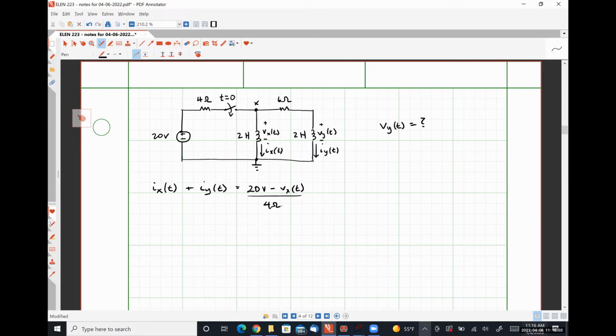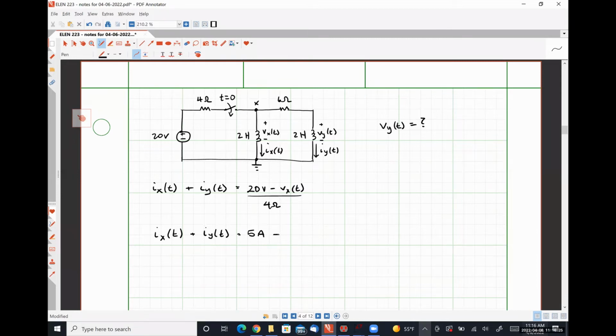So we could say Ix of t plus Iy of t is equal to 20 volts over 4 ohms, which is 5 amps, right? Minus